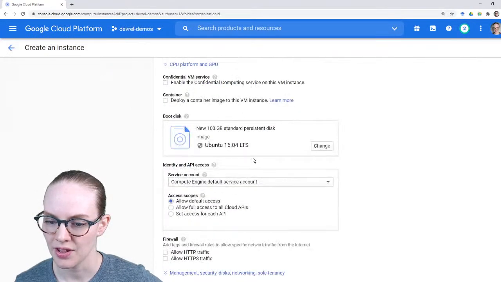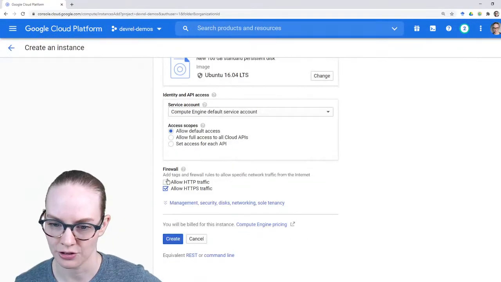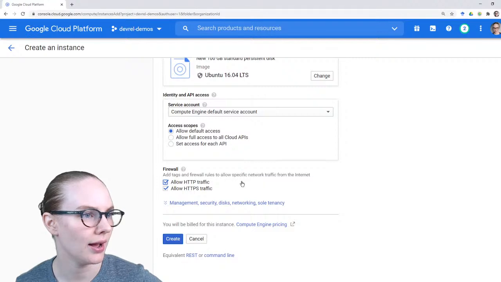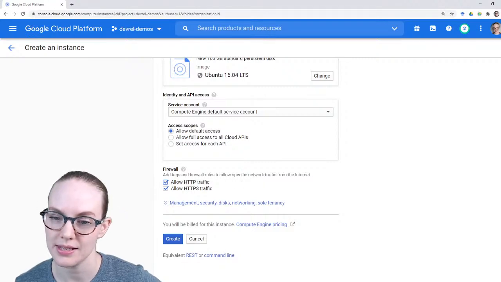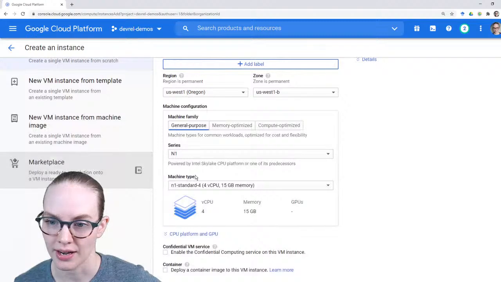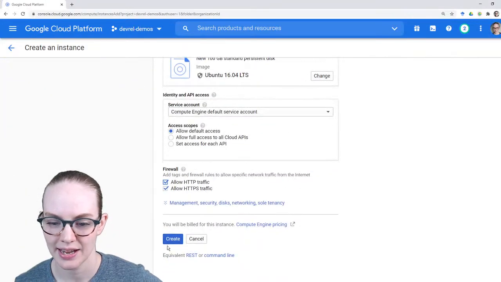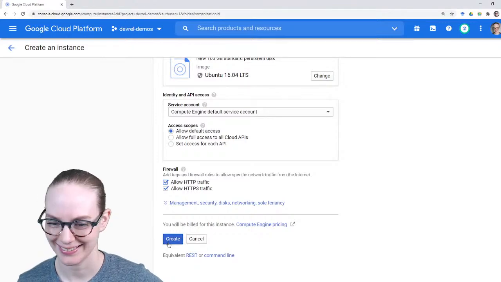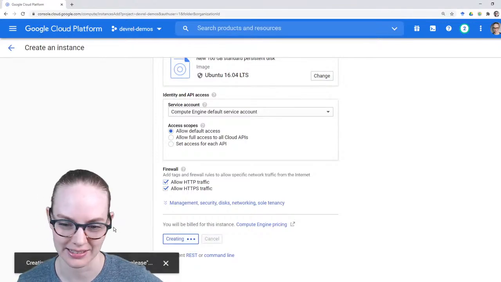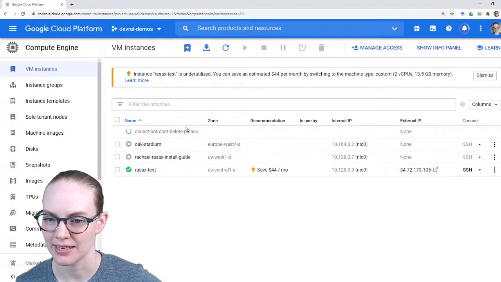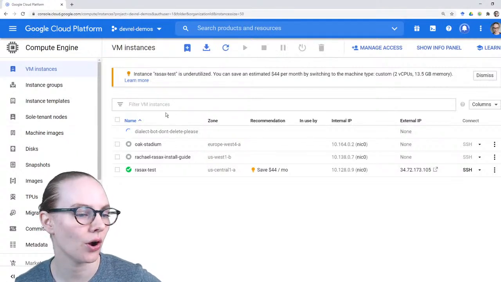All right. And then the other thing that I need to do is allow traffic to join the assistant. All right, and I think that's everything correct, because if it's wrong, then we're going to have to do it all again. All right, and as you can see, we have billing set up. So let's create that. It's going to take a little bit.